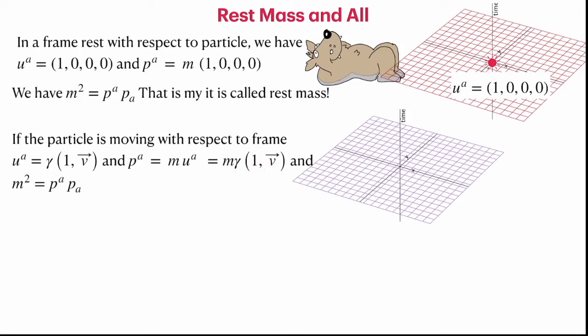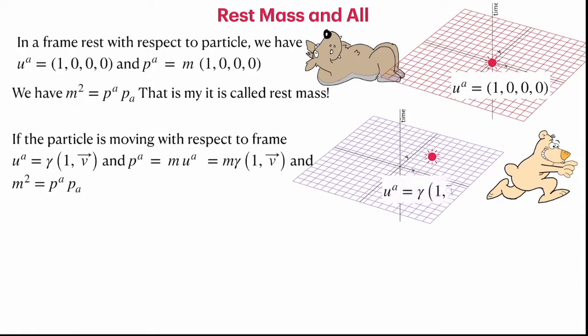Now again we take p_a p^a, we get m square. It's a straightforward calculation. Since the velocity is normalized, we always get p_a p^a is equal to m square. It doesn't depend on the frame with which it is measured. So it is an inherent property of the particle, which is the rest mass. The rest mass does not change depending on the velocity of the particle. It is always fixed, and it is the magnitude of its 4 momentum, whether the particle is moving or at rest, whatever it is.